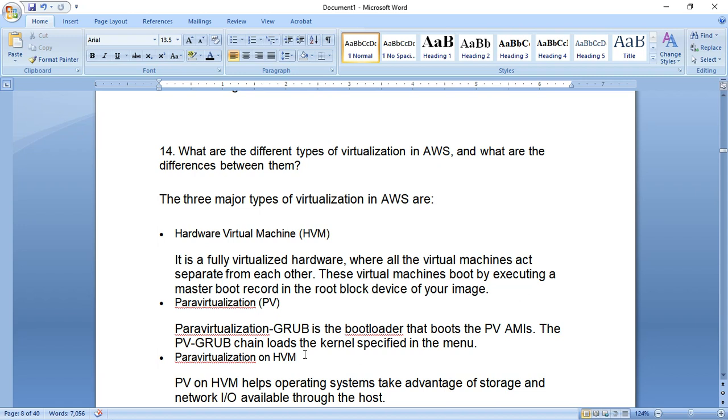Another is paravirtualization (PV). Paravirtualization GRUB is the bootloader that boots the PV AMI. The PV-GRUB chain loads the kernel specified in the menu.